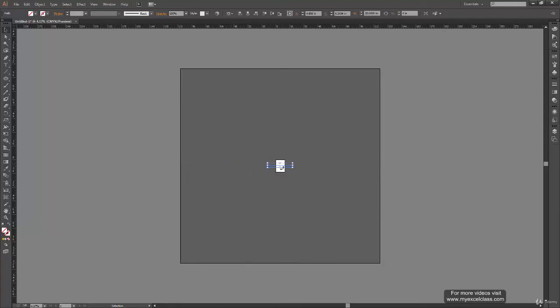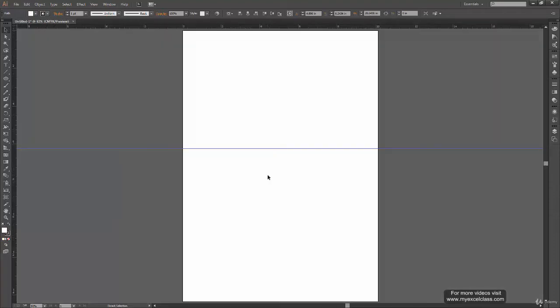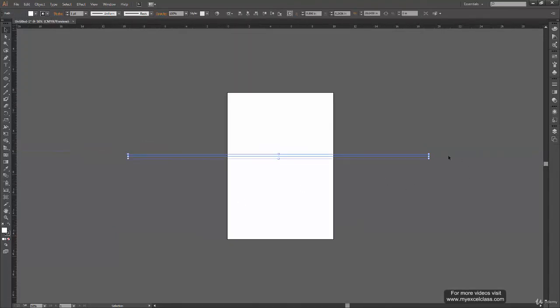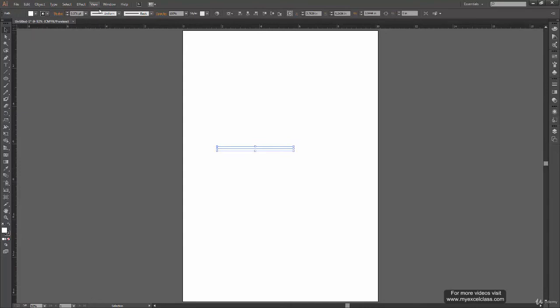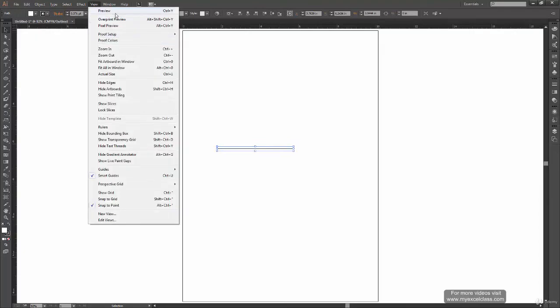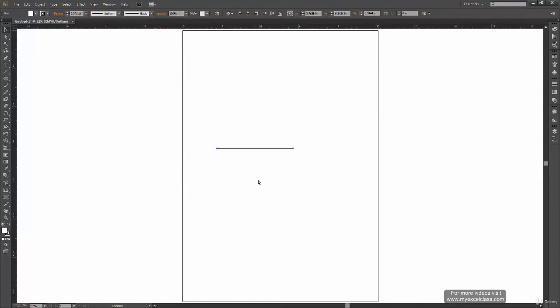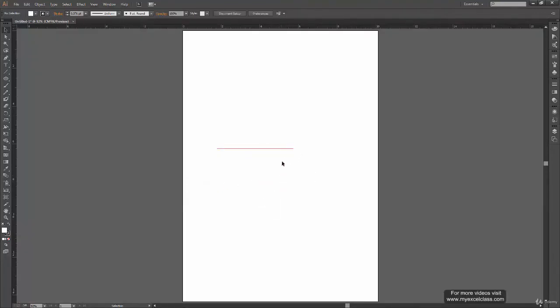So I can scale it down, I can color it the way I want, and when I press Ctrl 0, I have created an outline out of it. Again, I scaled the guide itself, so like this much, Ctrl 0, and again you can click on it, go to view, guides, and make guides. So you have your guide again, and again you can just release it and whatever you want to do.